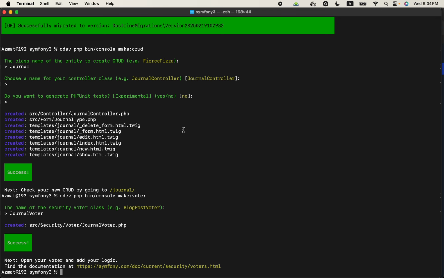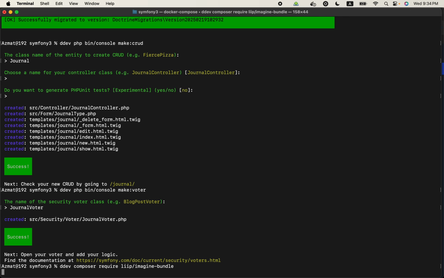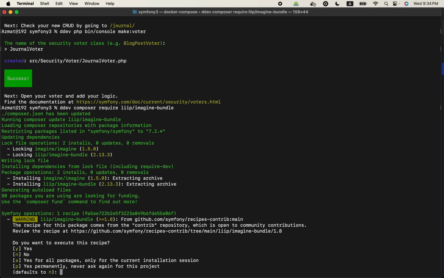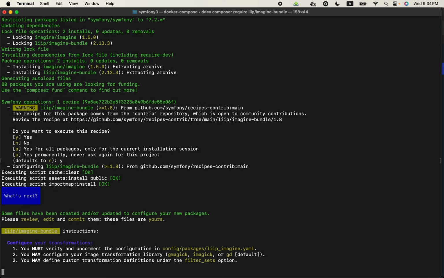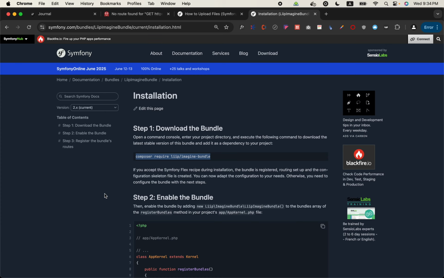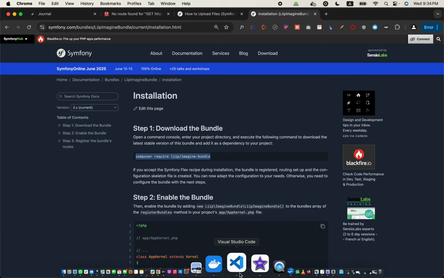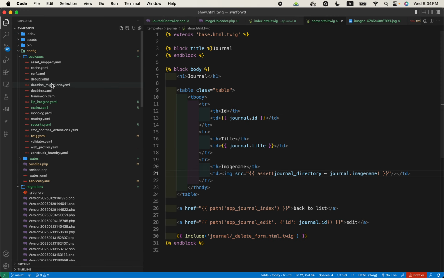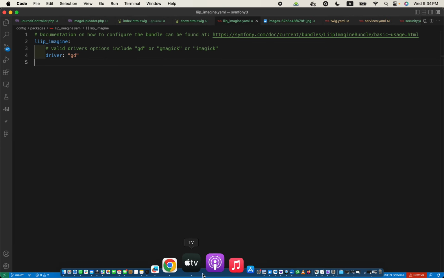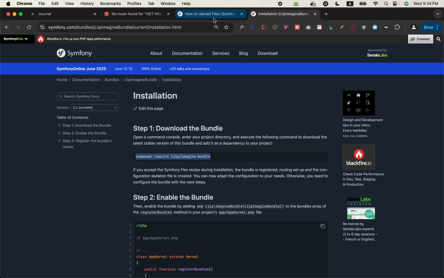We will run this in the composer. I'll click on yes. This bundle has been downloaded, and if you go to the config packages, we have a new one, liip_imagine, and here we need to give some values, and one of them is,